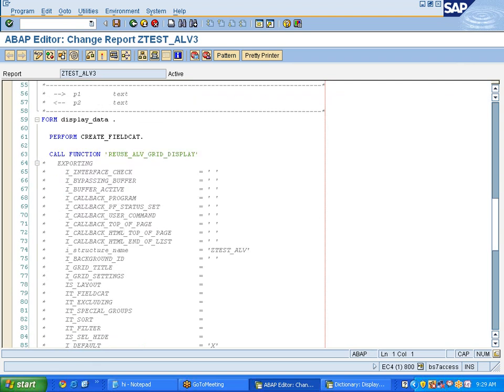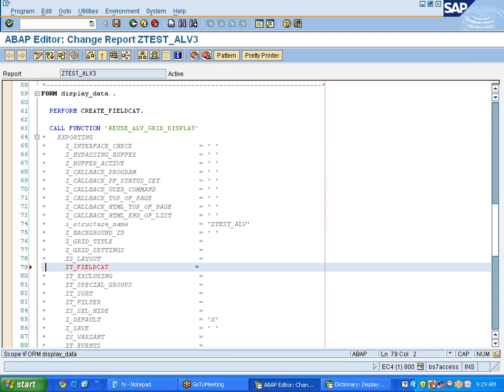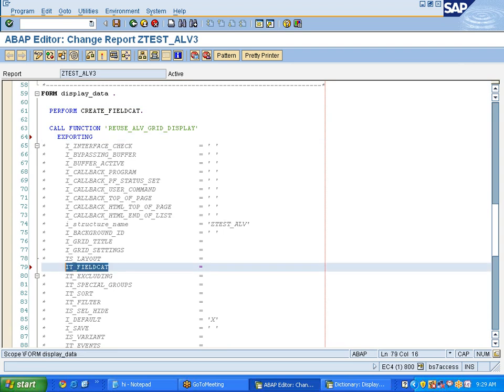Okay, so now field catalog. How to create a field catalog? See, if you observe, there is something called IT field cat. Yes, sir. So this is an internal table actually. IT field catalog is an internal table. In the internal table, you need to fill